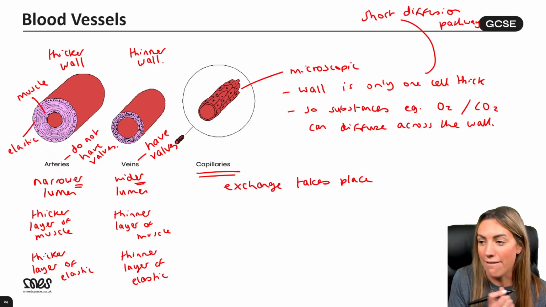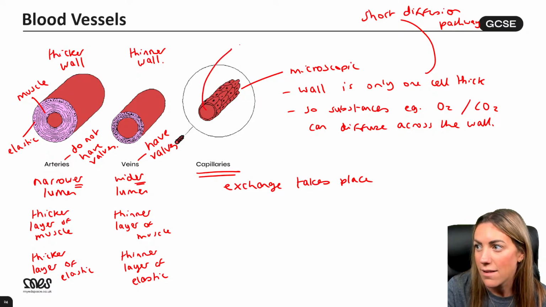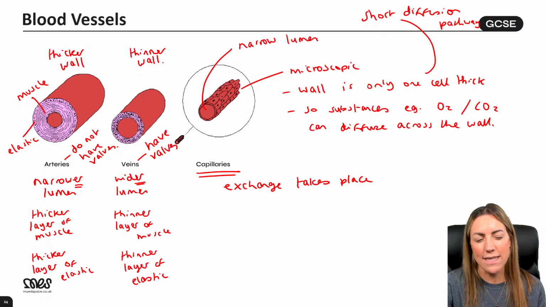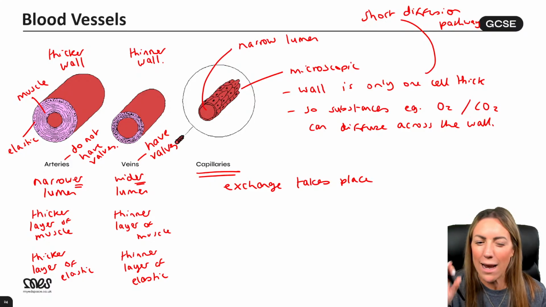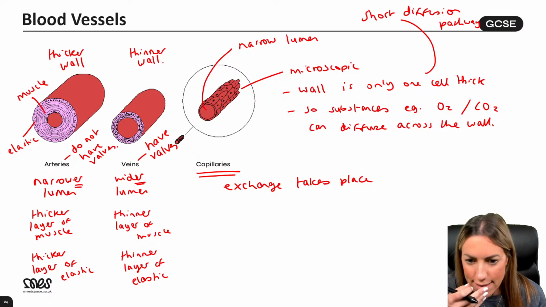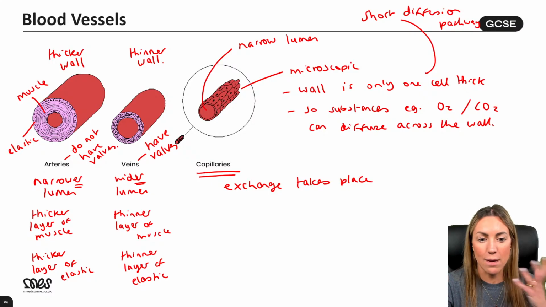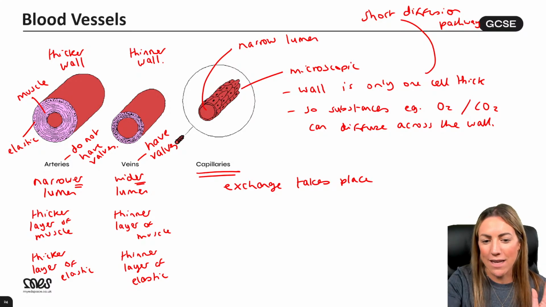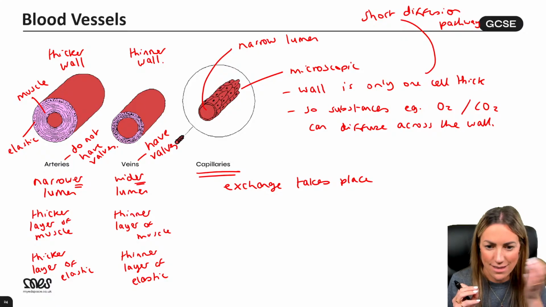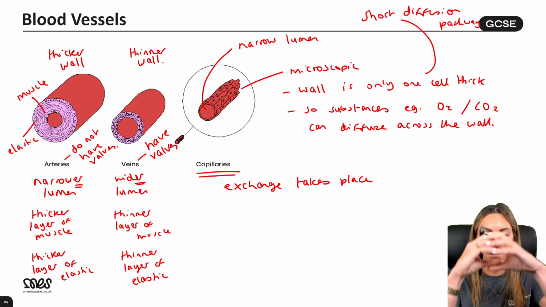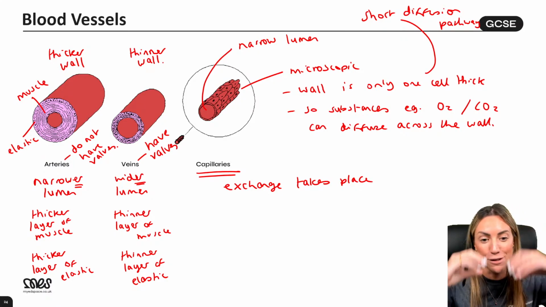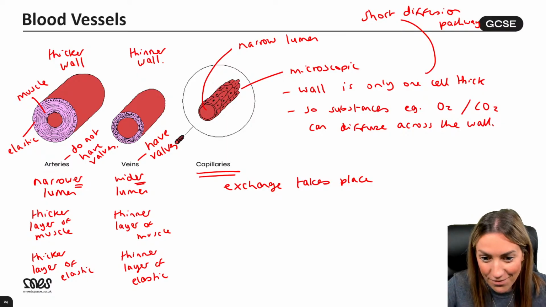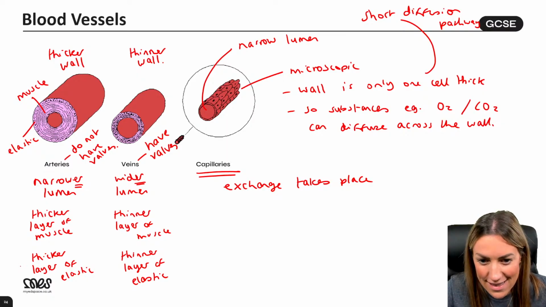The lumen is very narrow. The lumen is about the same diameter as a red blood cell. So the red blood cells fit through 1 at a time. It's only about as wide as a red blood cell. And good knowledge there, Isabella. Yeah, the capillaries connect. C for capillaries, C for connect. So the blood goes in the arteries, then the capillaries, then the veins. Lumen is just the hole in the middle. It's literally just the hole where the blood flows in the middle. This is AQA, yes.